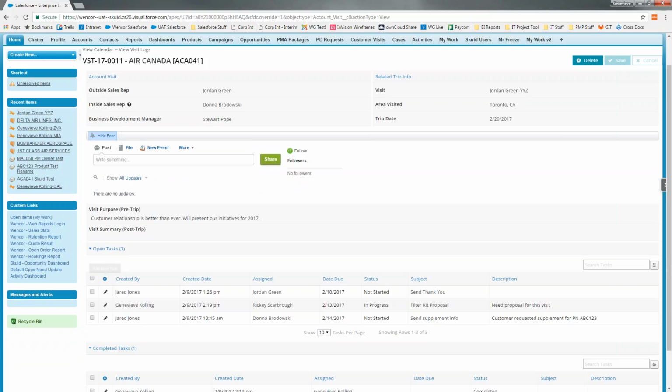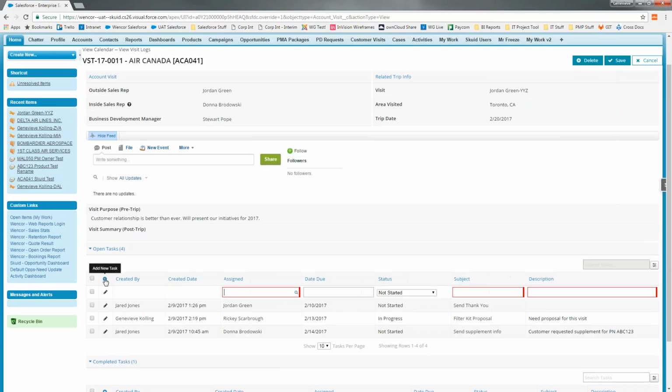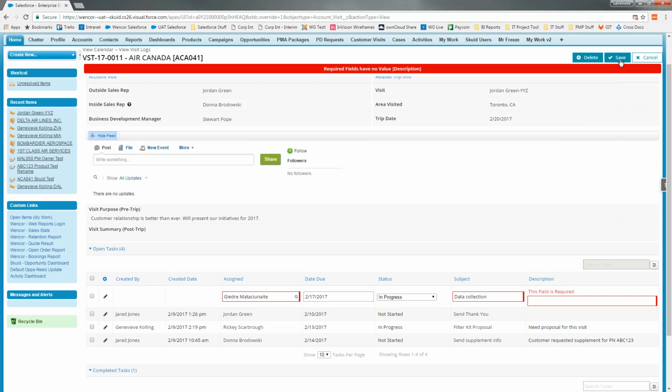But this little plus sign, so here are all the tasks right now. So you could just click, add a new task. You can assign it to yourself, or you could assign it to someone else. I'll just keep that date. So maybe this is something you're doing, data collection or something. And then once you have it there, you save,